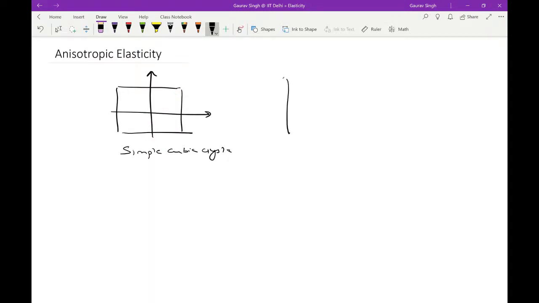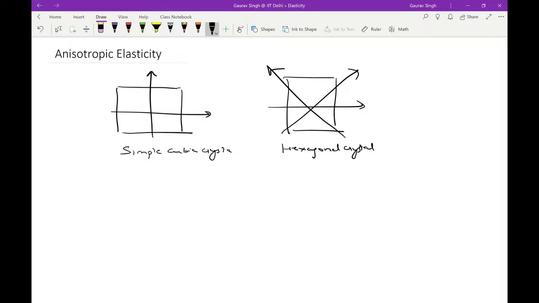Similarly, if you have a hexagonal crystal, you may have learnt about these things in a course in material science. These three directions will give you the same elastic response. Okay, so the arrangement of atoms in such solids is in a way that the response is the same along these directions. Now, if you have a fiber reinforced composite,